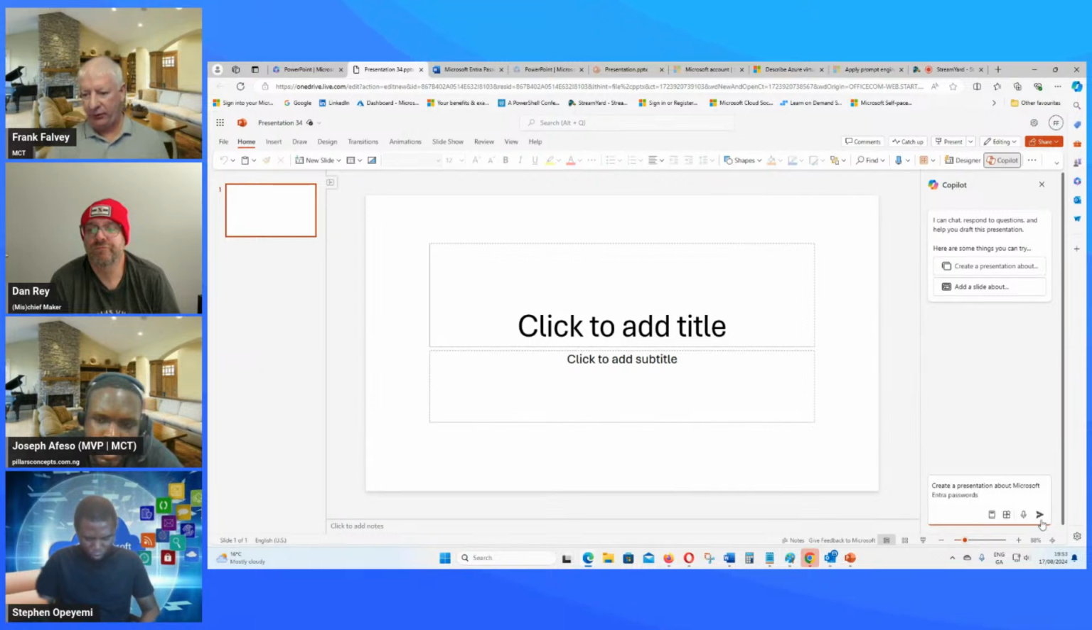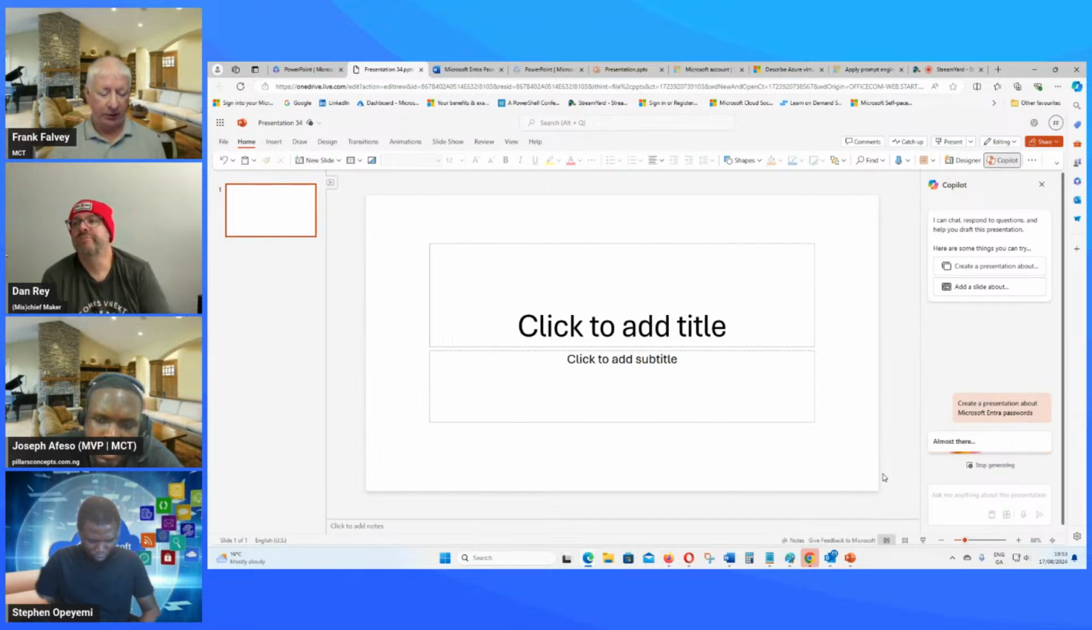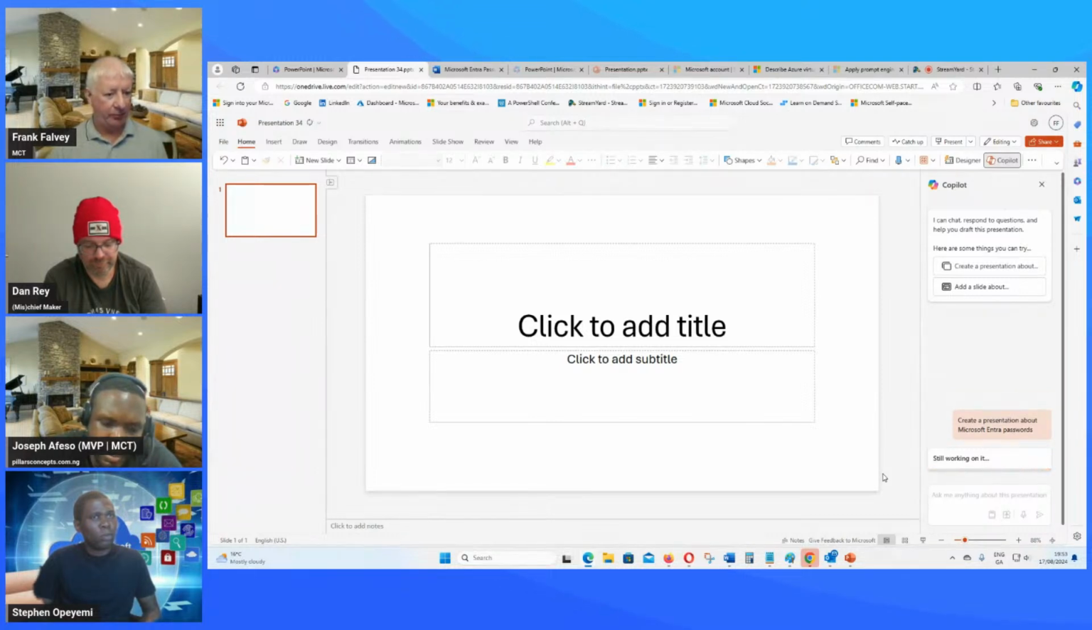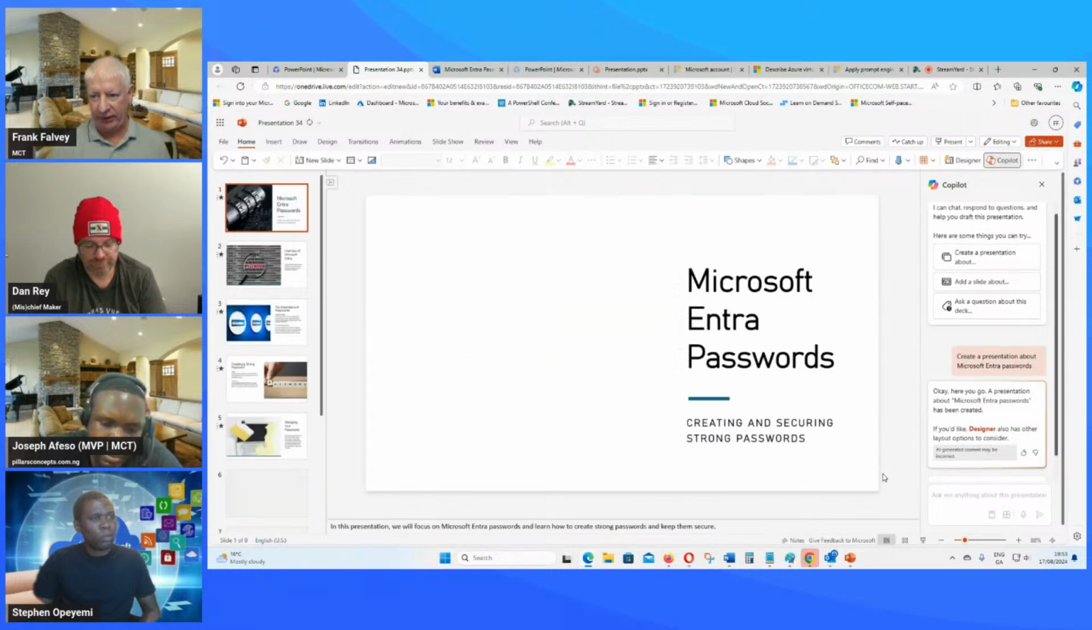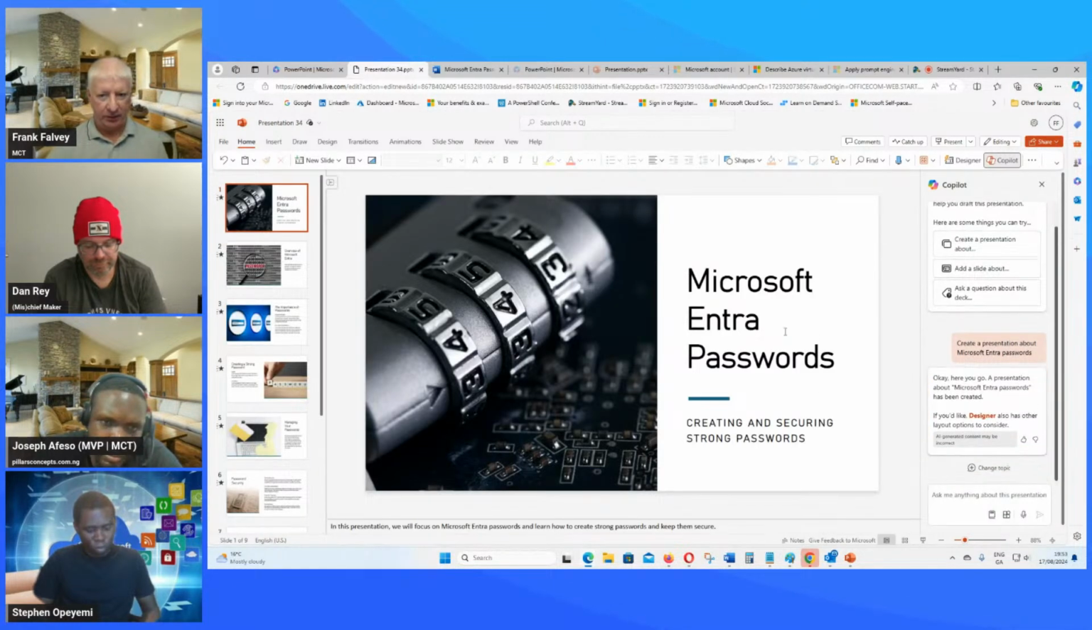Microsoft Entra passwords, and I'm just going to hit the send button down here, and we'll see what Copilot can generate. We saw what it brought up inside Word, so we'll see what it'll actually generate in PowerPoint. Normally, how complex your presentation prompt is depends on how many slides you get back. Okay, so it took less than a minute and it gave us 9 slides, and it's got pictures,